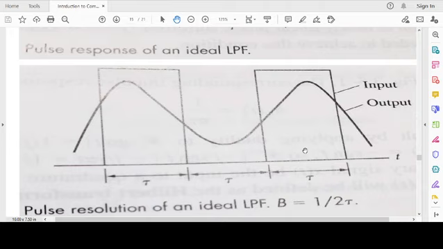So the idea is that the study of this bandwidth, the raised cosine pulse, and inter-symbol interference, all these characteristics we want to understand from a more practical perspective. These are all for the ideal cases.